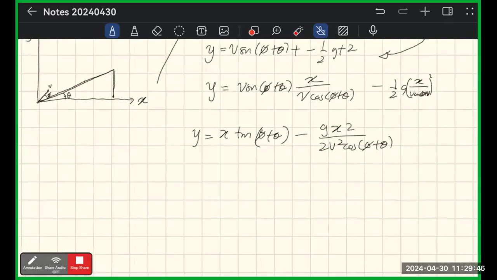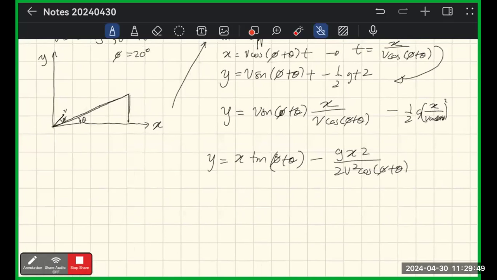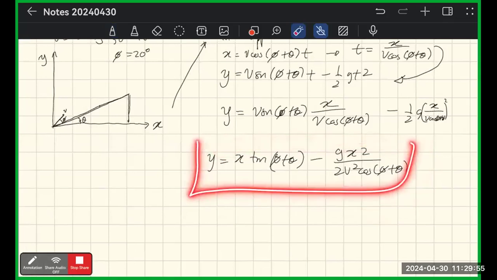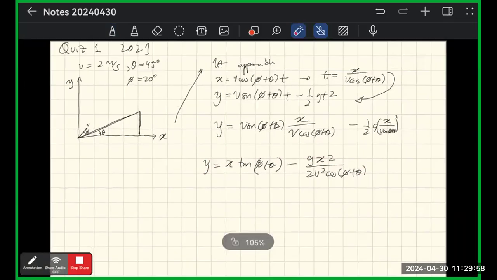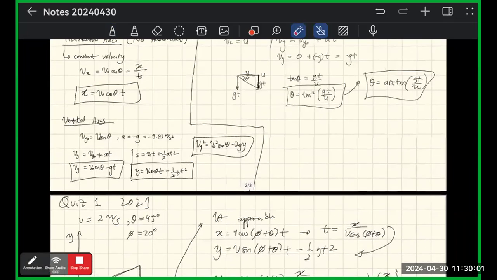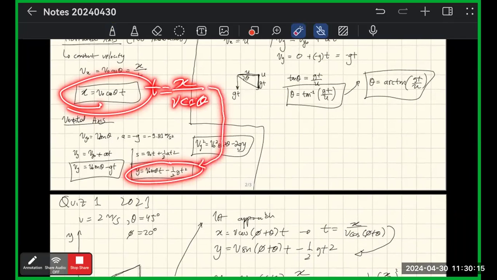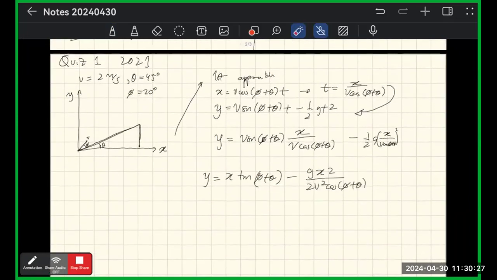And this is y as a function of x. This is the easy thing to do in parabolic motion: you can write y as a function of x by substituting t, which always equals x over v cos theta, into the y equation, and you get y as a function of x. And why is this important? Because if you have this y as a function of x,